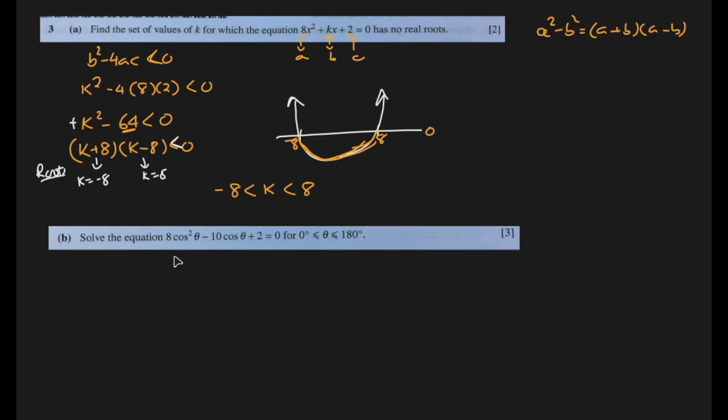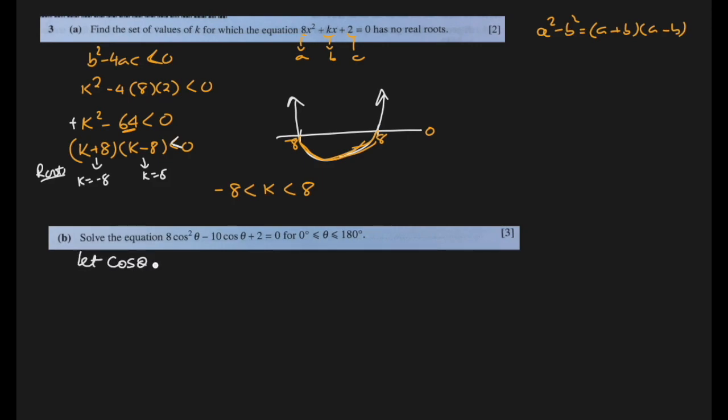B, solve this equation, and it has something like this. So it is exactly the same. Can you see? 8 cos square theta minus 10 cos theta plus 2 equals 0, but this 10 was not here and k is not 10, so we will have to redo this. So let's assume that